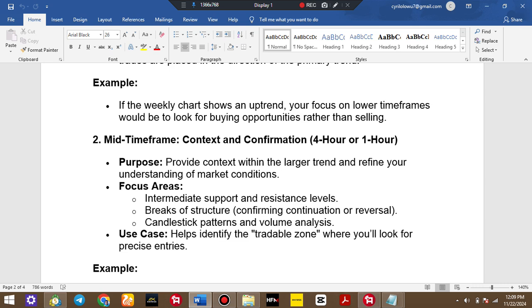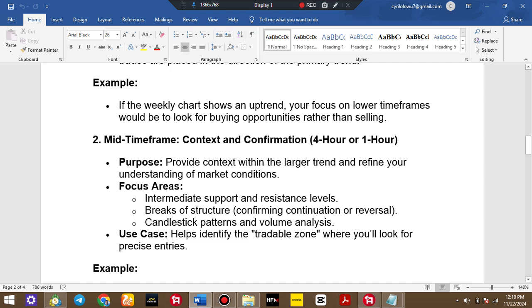Okay, since we have a bias trend which is bullish in the weekly time frame, when you come to your 4 hour and 1 hour time frame, all you are looking for is an area where you can usually take a buying order. So when price visits that area, then you go to a lower time frame to modify, to be sure that indeed price is ready to buy or price is ready to sell, depending on the primary trend.